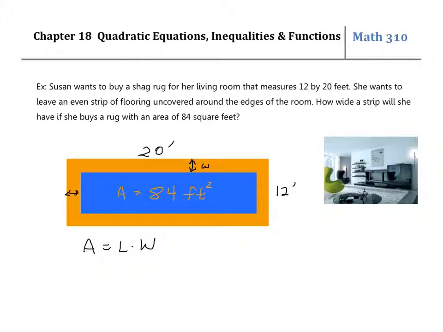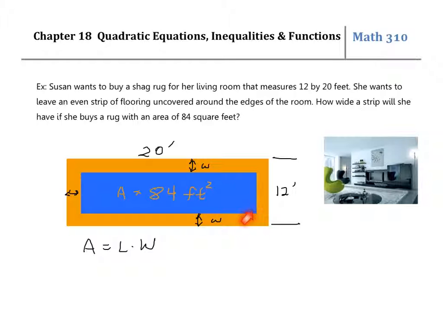However, we do know that if you add w plus w together, you get the two strips that are that way. And then you know this total distance is 12 feet. So if you subtract these two w's from this 12, you're left with this length,